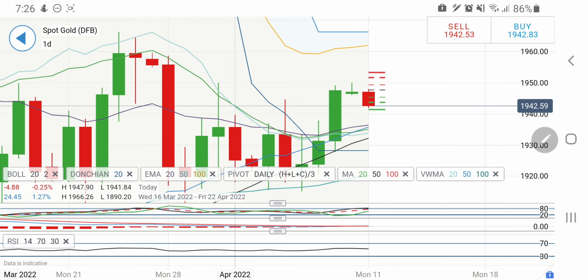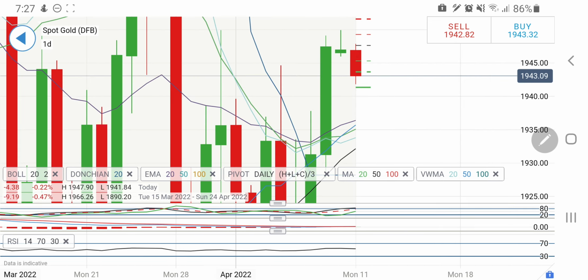Now to conclude, I expect that till the time it remains below 1950, we can expect gold to hit 1940 as the first target, then 1937 as the next target. And yes, this zone at 1937, 1935 is going to be fairly important. See, the 20 period moving average and 50 period moving average are coming together here, clustered in this zone. This zone may provide stronger resistance, and that is why the 1940 and 1935 zone is going to be important.